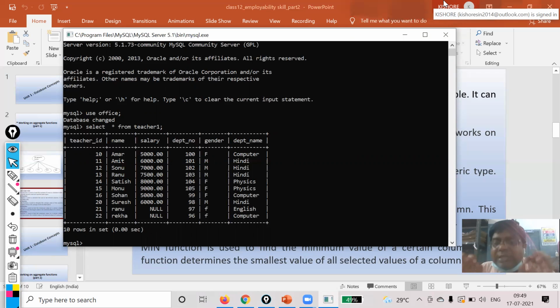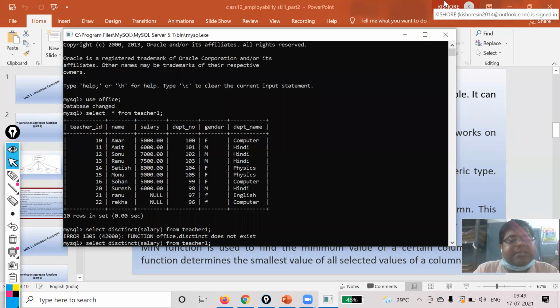Distinct means what? Unique salary of table teacher1. So in that case, I will use the distinct keyword. Just see, select distinct. This keyword I already discussed before, my dear. Now, on which field? Salary, from teacher1.